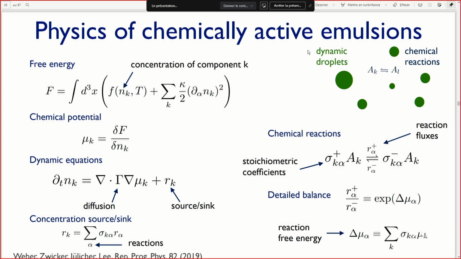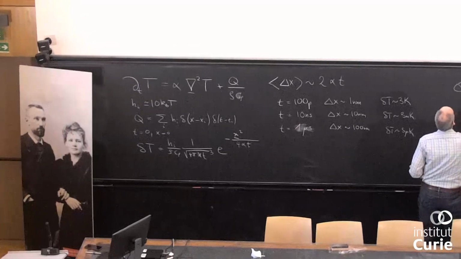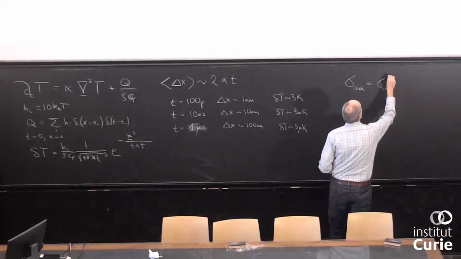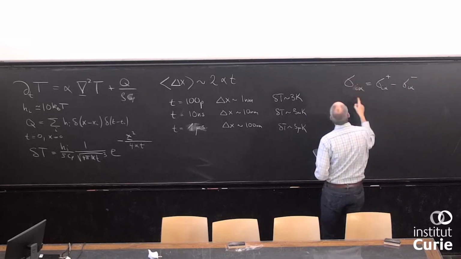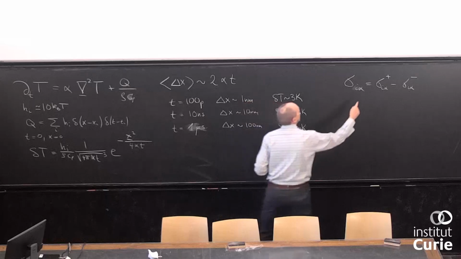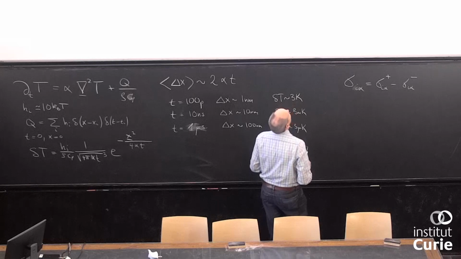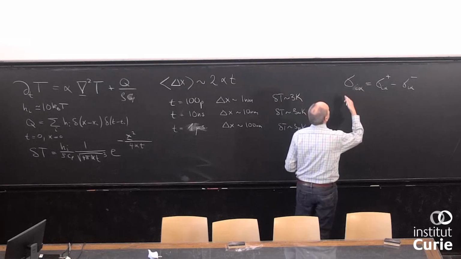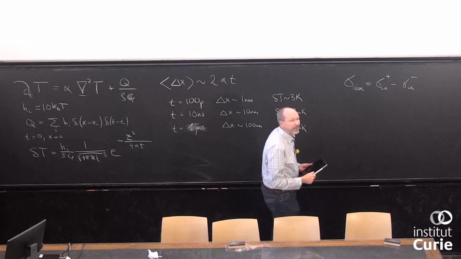Maybe add a few things here. Sort of the idea then is that I can define a stoichiometric matrix, sigma I alpha, equals sigma I alpha plus minus sigma I alpha minus. That's the net change of the molecular component I in the reaction alpha when it happens. And one can then define the chemical free energy that changes by one reaction event, usually called a Gibbs free energy change,